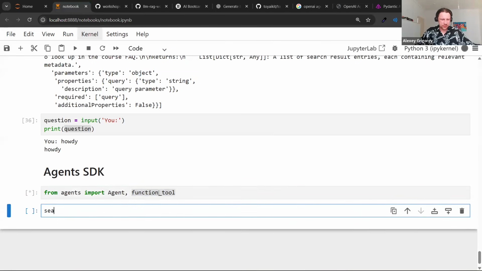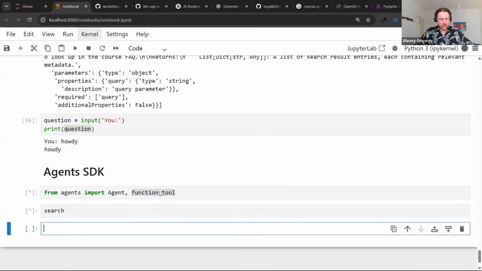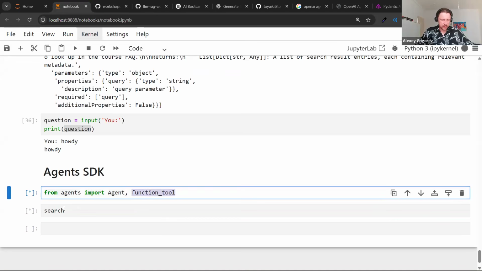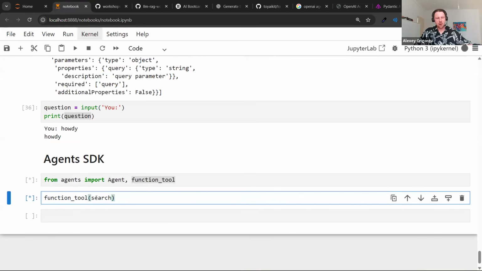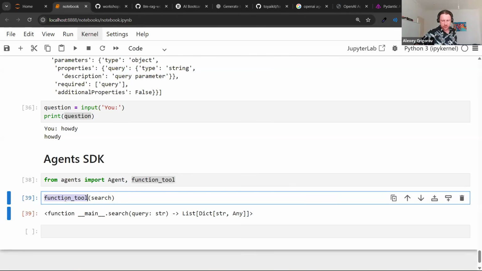So remember, we have this search function. What we can do is wrap our tool with this function tool, and then it does something similar to what we were doing before. It turns this into